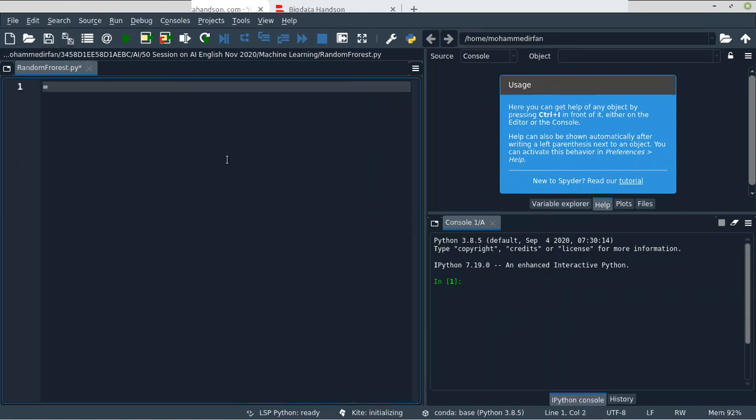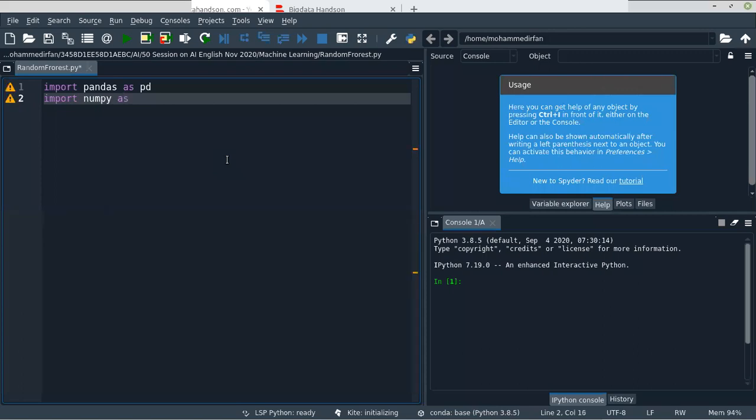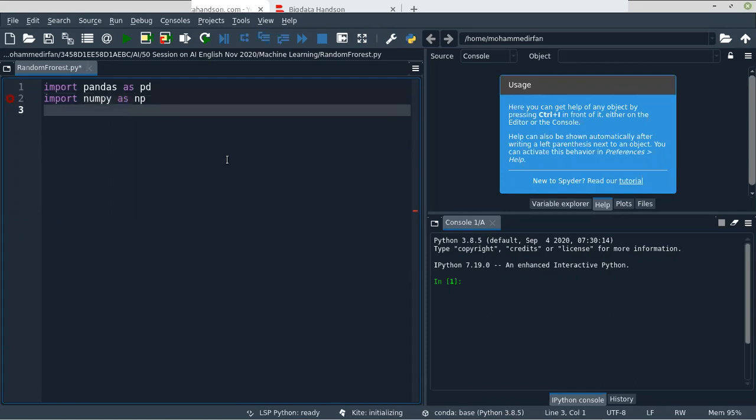Now first we'll import the libraries: import pandas as pd, import the numpy library as np, and then import matplotlib.